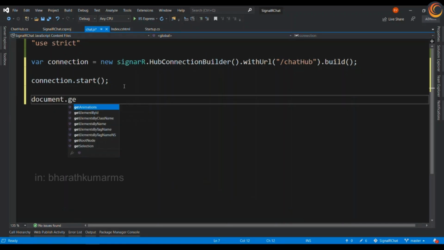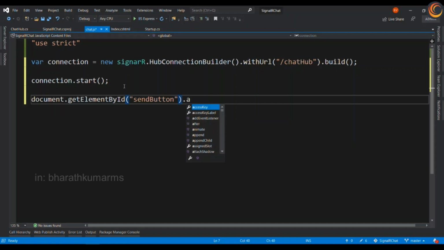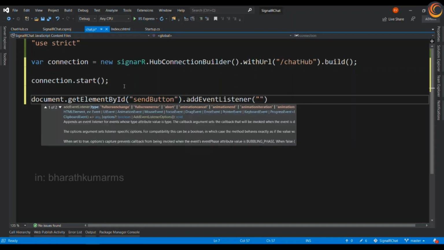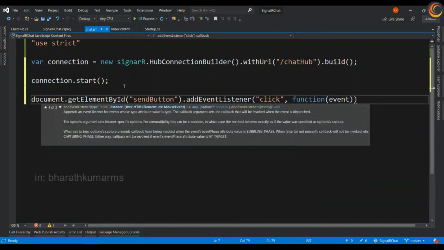So this is plain JavaScript. Send button dot add the listener. I want to do it on click.